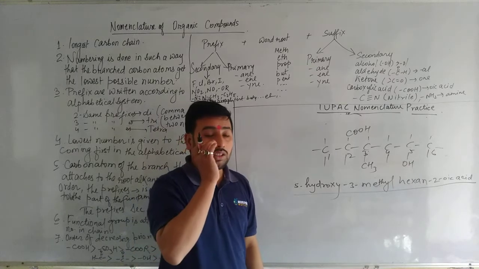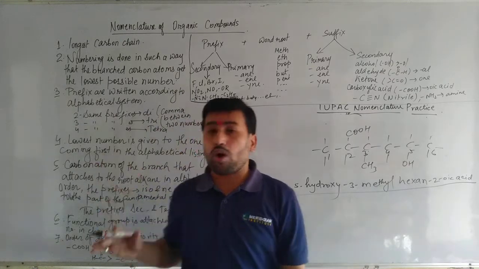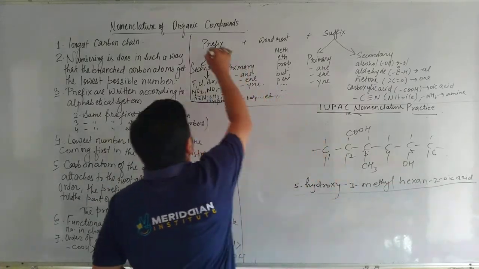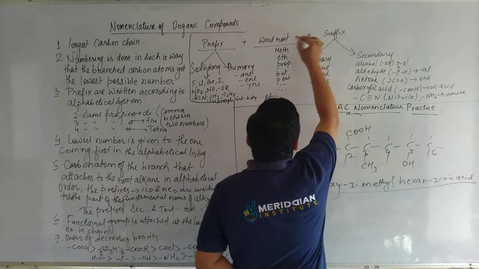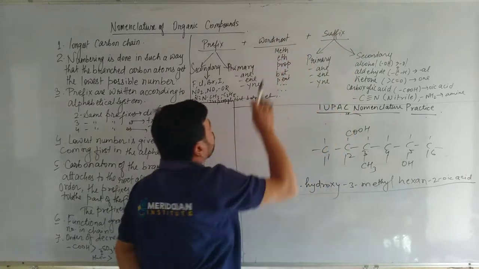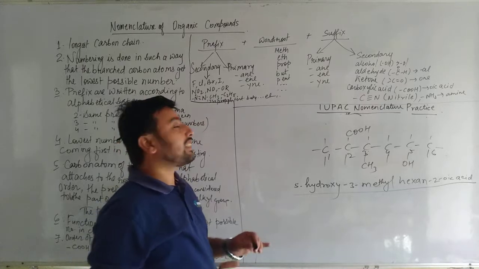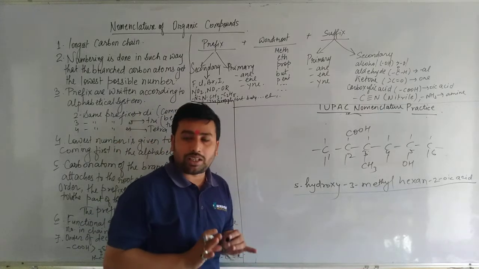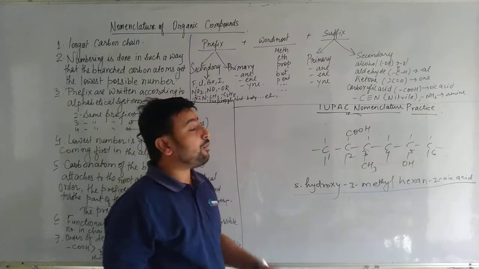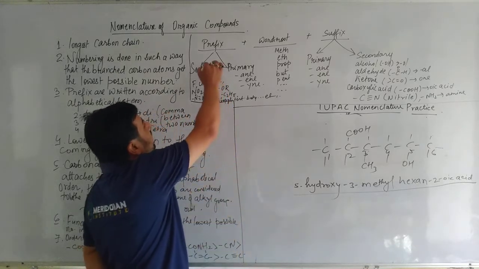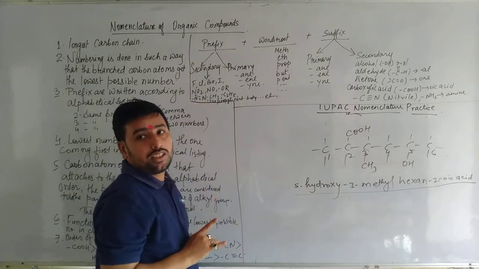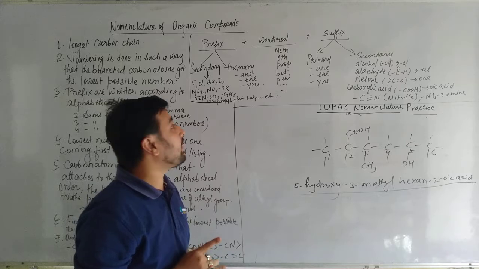Now you will tell me about the functional groups, sir. All the rules you have ordered, but I want a short form. So the short form is prefix plus word root plus suffix. Prefix plus word root plus suffix is the rule of writing nomenclature. Prefix plus word root plus suffix. Now prefix are of two types, secondary prefix and primary. So first we will write secondary prefix. First what we will write? Secondary prefix and then primary.